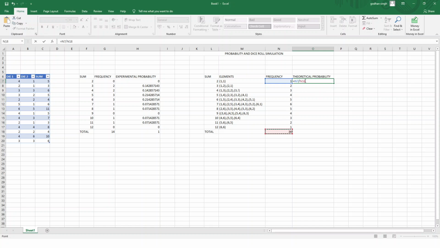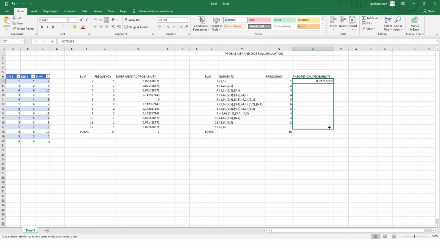But here again, as we have seen, we'll use this formula for the others also. If you keep it as N18 only, this will be true only for the first one, but for the remaining it will be incorrect. So here we'll put the $ sign and press enter. Now we'll drag this downwards and we'll get the probability of all the others.